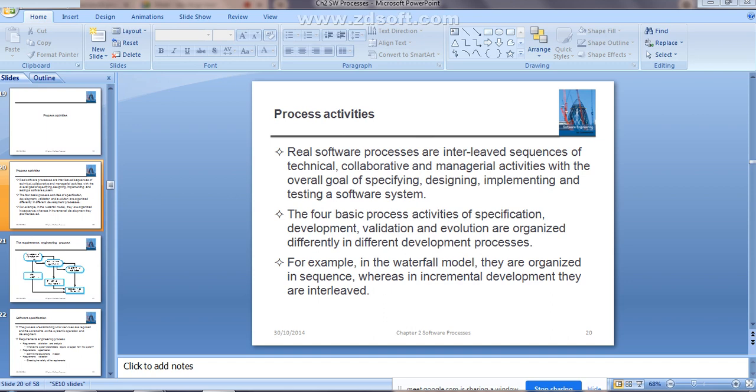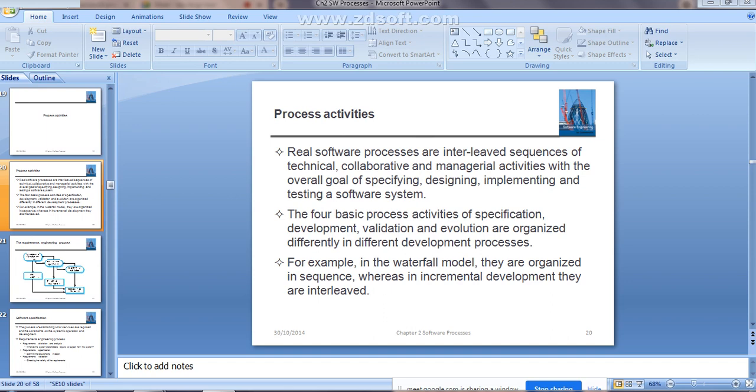But here all the activities you are going to consider are interleaved. That means there is a one-to-one connection within the activities. That will be considered whenever you develop real-time software systems.